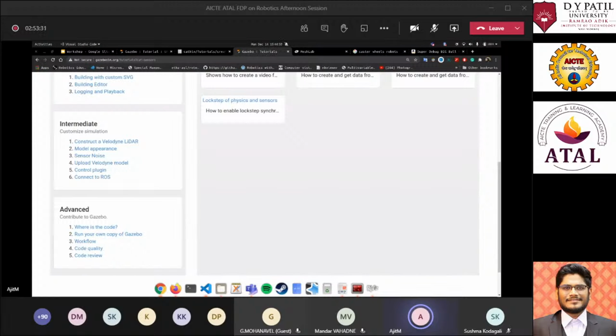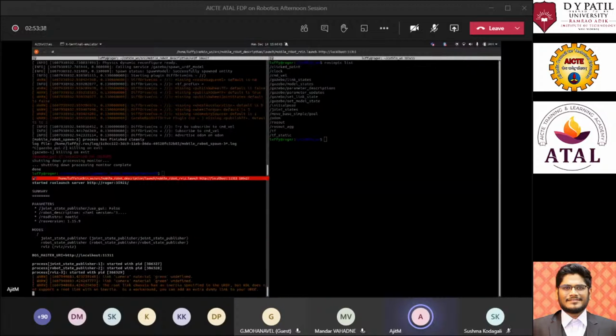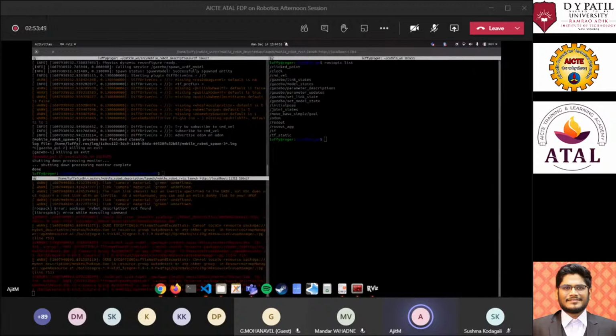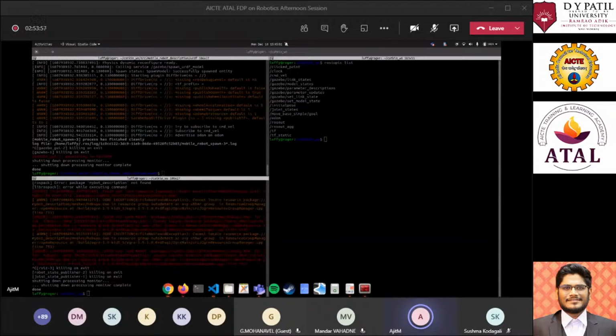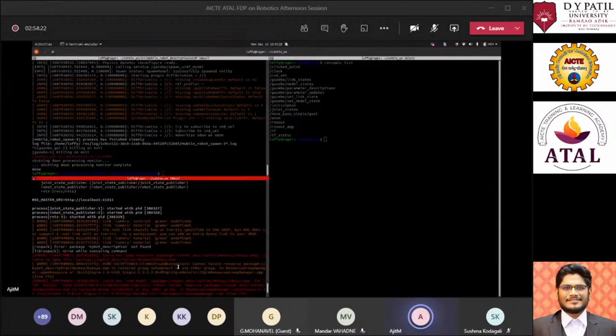Let me just compile this one and see if it's properly working with the camera and the LiDAR.